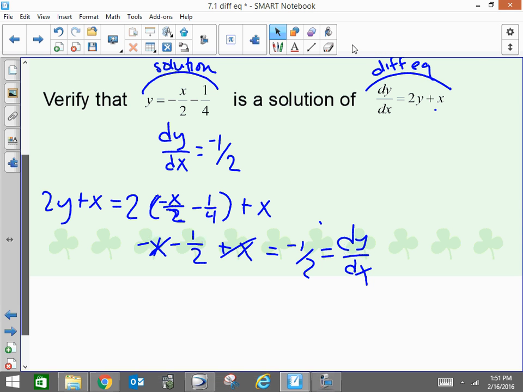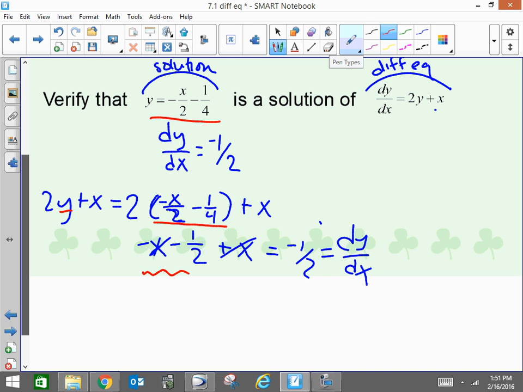So she did 2y equals dy dx. There's the proof. 2 times y. I got substituted right here. There's y. She did the math right there. There's your plus x. Then we cancel. You get the negative 1/2, which she found to be dy dx. Okay? Yes? Well, in the beginning, I just subtracted